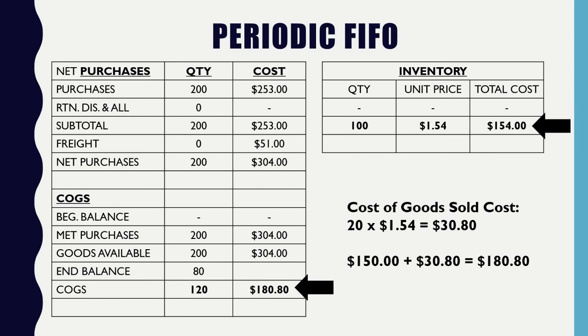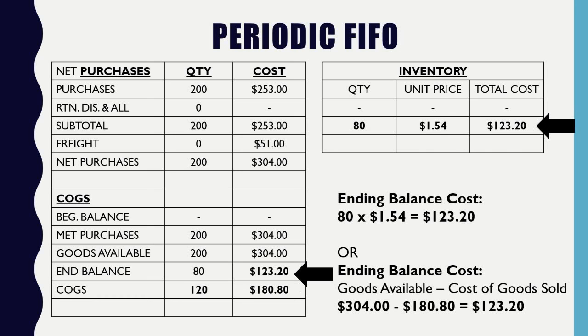And then from there, you could solve for ending inventory. You have two ways to solve for ending inventory. If you see it like this, your ending batch should be 80 at the end of the day. So therefore, 80 times $1.54 should get you 123.20. Or you could do it this way too. You can take your